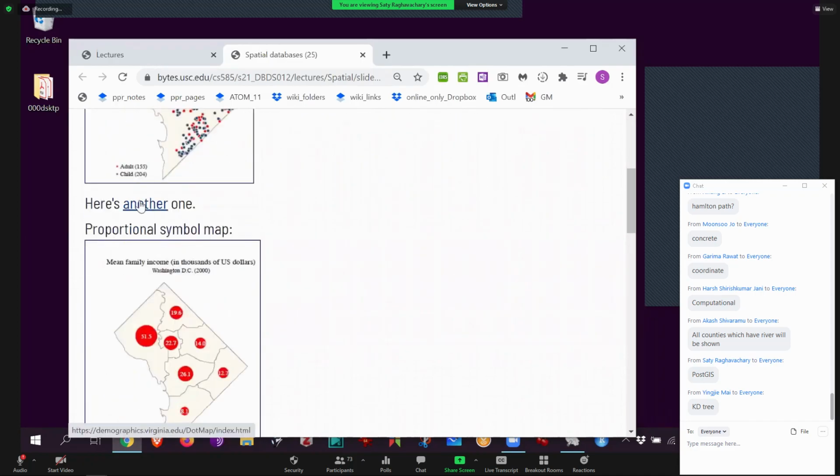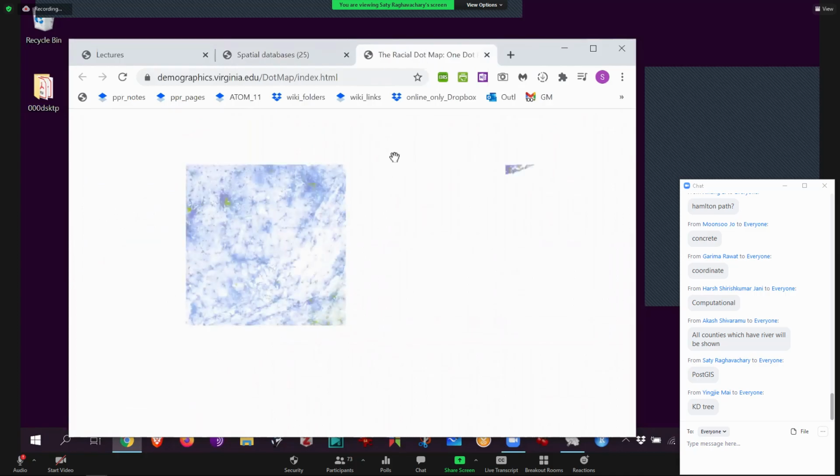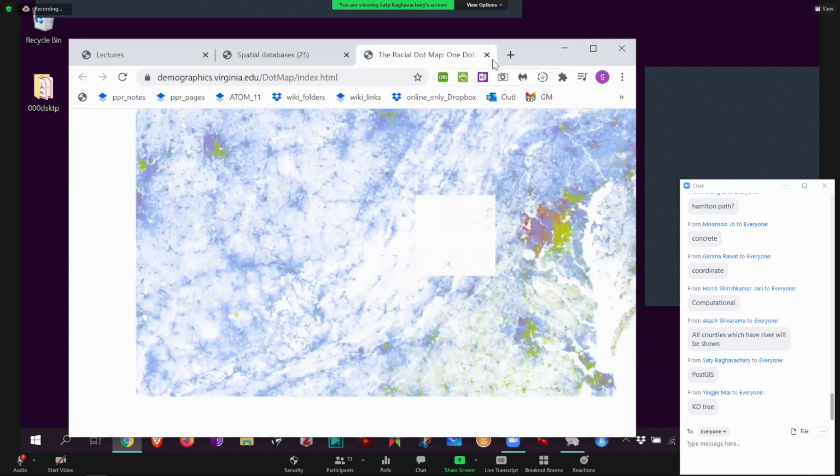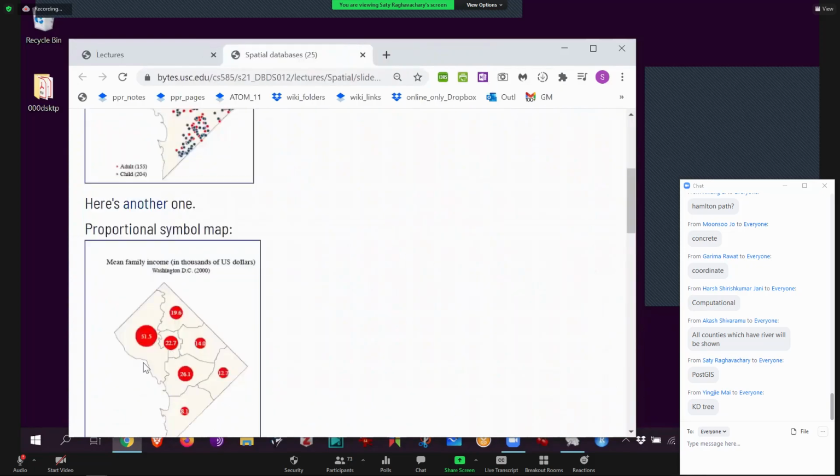And then there's something called, let me show you what I have here. Here, the racial dot map, I already went through this. It's the same as what I showed you, but one dot is one person, like 300 million of them. You can also do, on a spatial map, what is called a proportional symbol map. Now this is like a bubble chart in the sense that you don't even have to read the number. Just the radius of the circle tells you something big is happening.